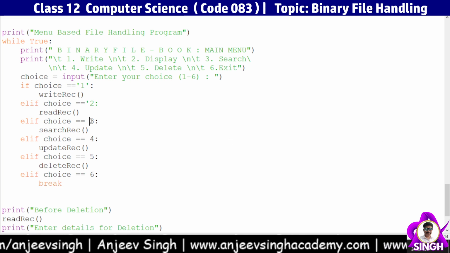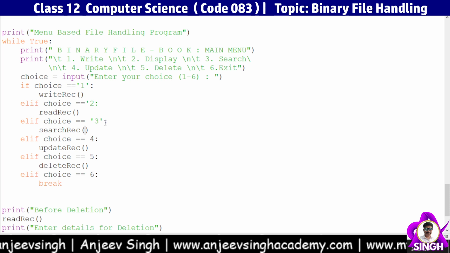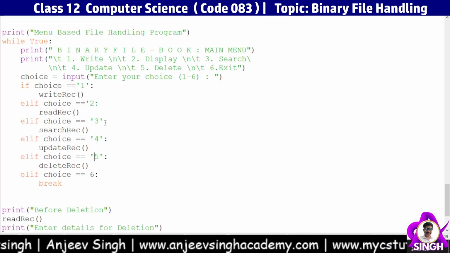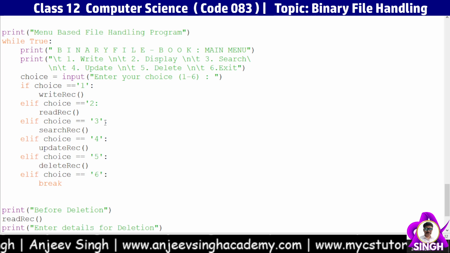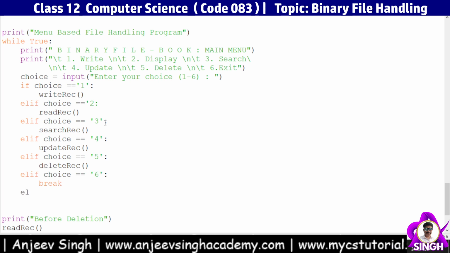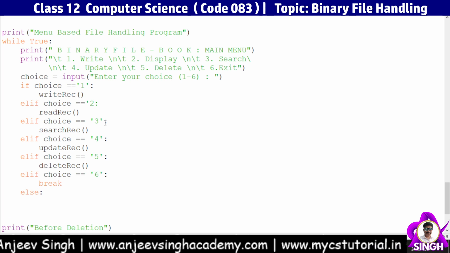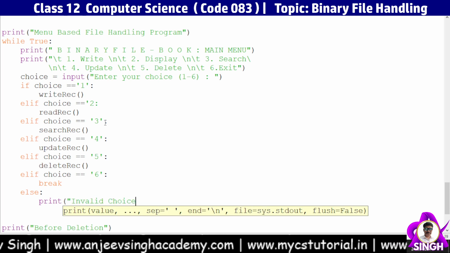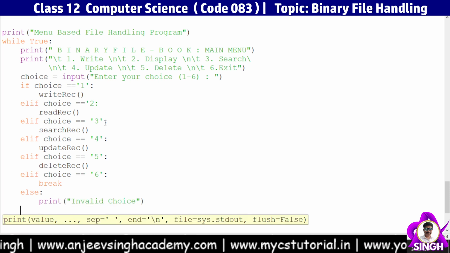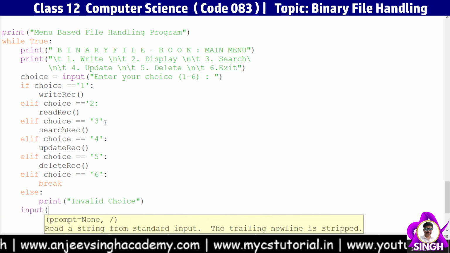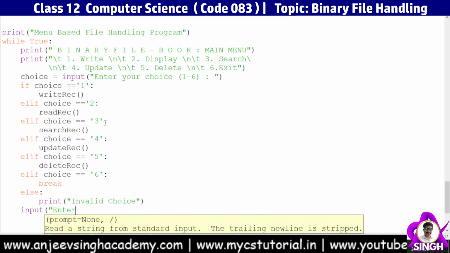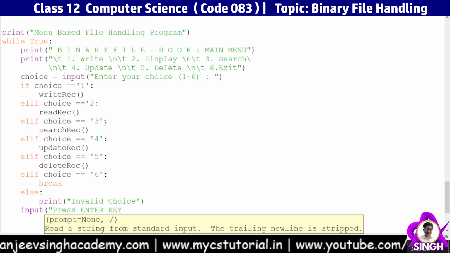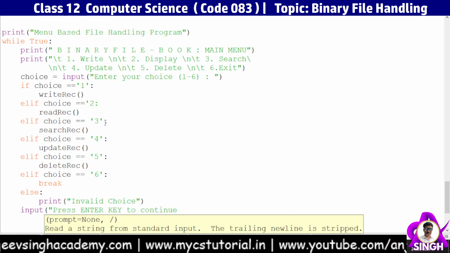अब एक प्रॉब्लम है इसमें, because I have written all the numeral values but I have entered the value in a string, so either I have to make this इसको string बनाना होगा, otherwise what I have to do, I have to write int before input, convert the data type, and else print invalid choice, ठीक है। And I want after menu, and there is one statement, input, enter, press enter key to continue,